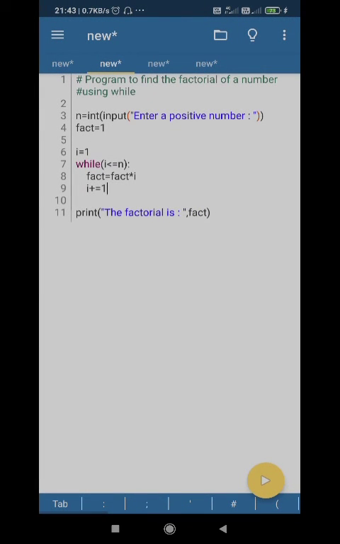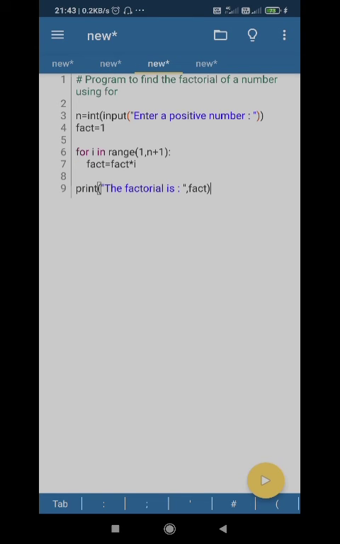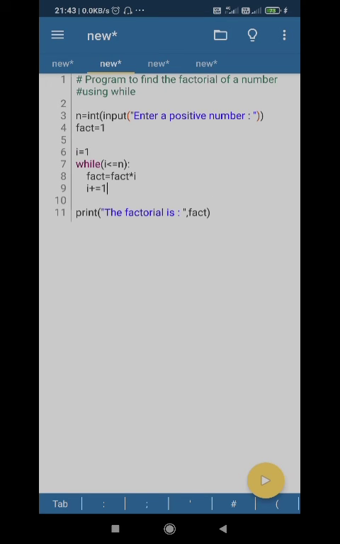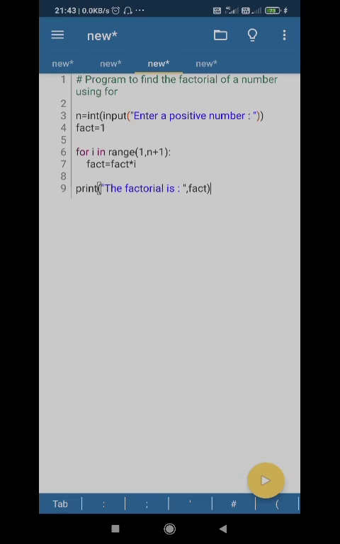Okay, the same program, using a while loop we have done this factorial. The same program can be done with the help of a for loop. You can see that statements 3 and 4 are the same.